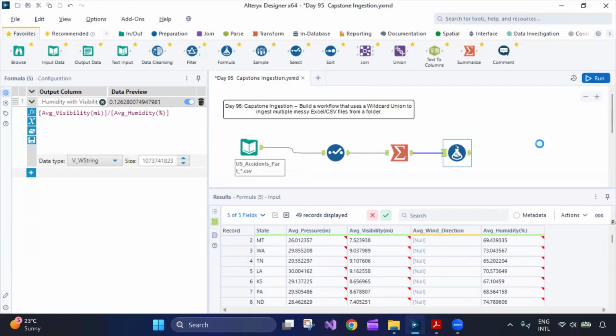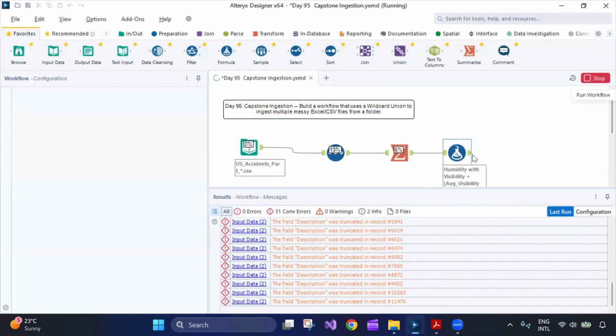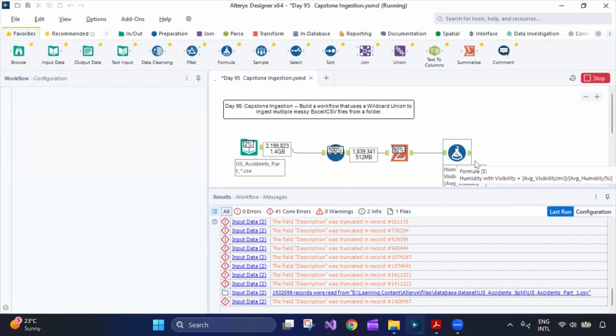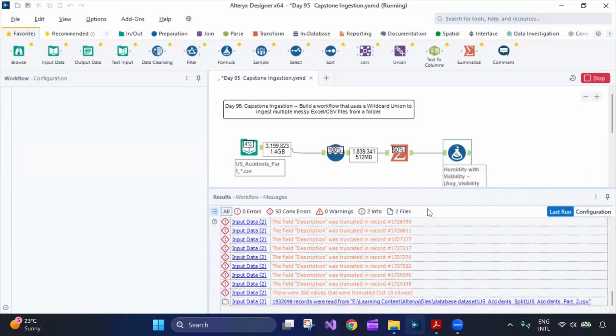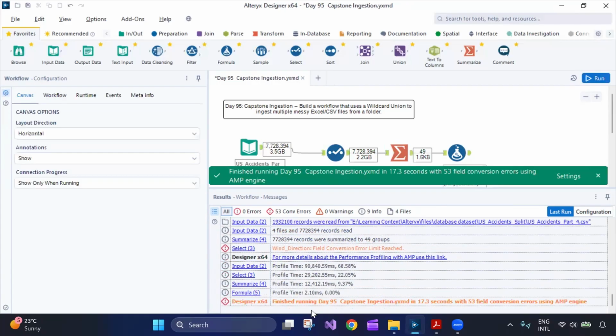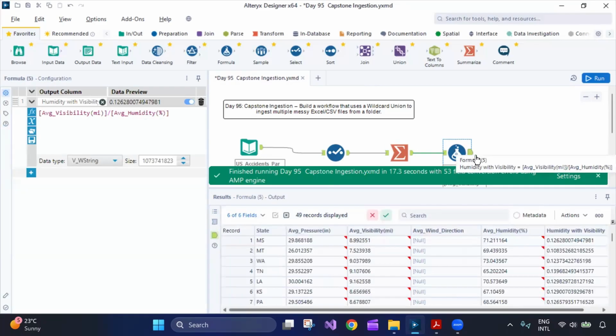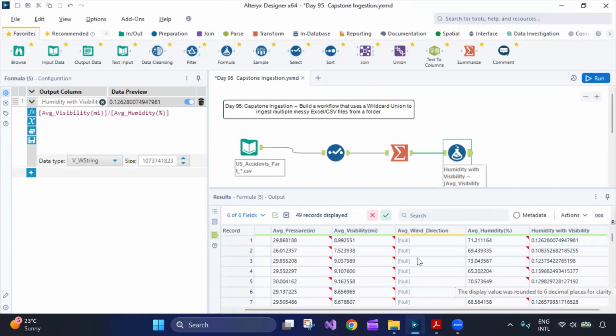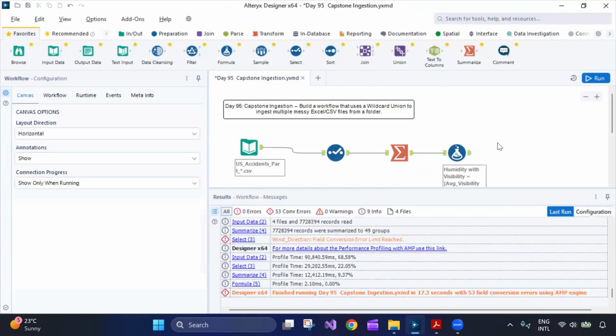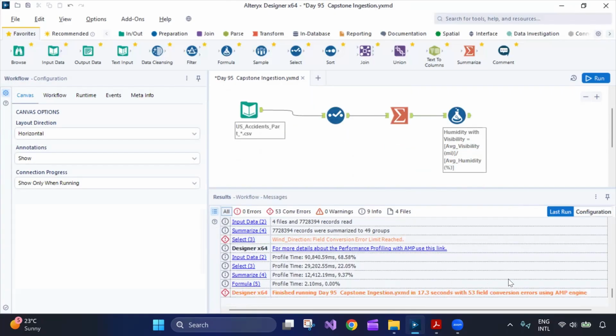humidity percentage. So now if I run, because here at the aggregate level we are not bringing everything, this will not take much time. This will give you the data, but let's see how the performance is, either it is improving or taking much time. So now you see the formula is taking 0.0 seconds, so that's fine. Overall, within 17.3 seconds we have